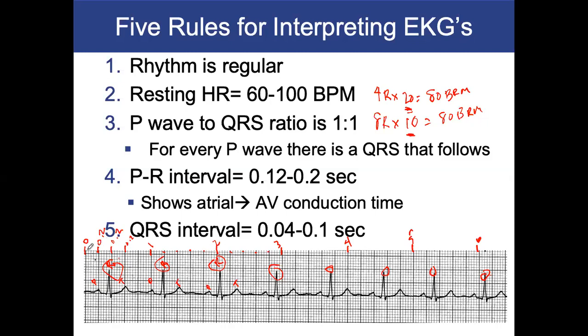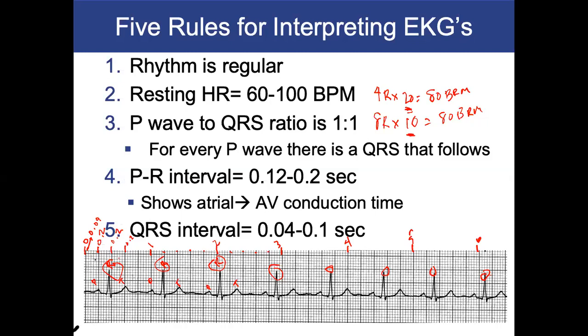So this itty bitty box is 0.04 seconds in duration. So this is 0.04, 0.08, 0.12, 0.16, 0.2. All right. So what you need to do for number 4, your PR interval, you actually have to